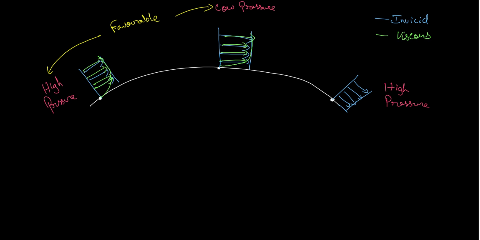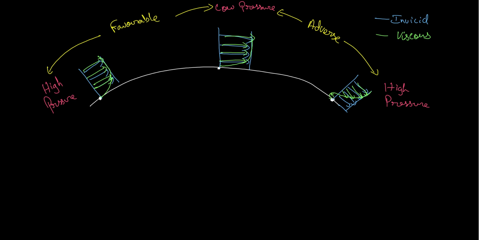Now we can see that as the flow moves down from the low pressure region to the high pressure region, which is not a favorable pressure gradient, it is called the adverse pressure gradient, or an unfavorable pressure gradient. We'll observe that the velocity inside the boundary layer will decrease and it will become reversed here. So this will be the kind of velocity profile that we'll have at this point.